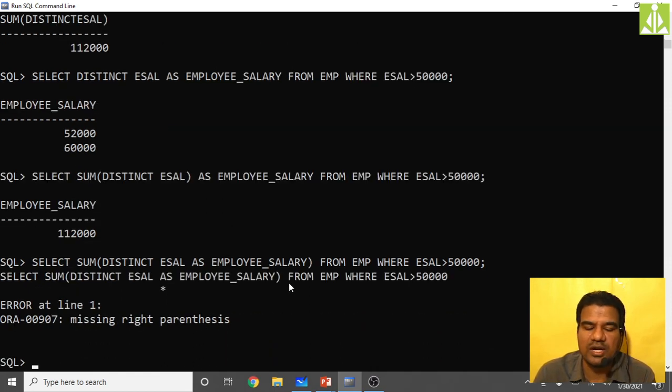Hit the enter key. Okay, it is giving error. So we can't use this AS within some command, you remember. Because it is giving a star over here, as you can see. Error at line 1, where error? This star. So by seeing this star, you have to remember that this AS can't be used as a sum. Internal to this sum function you can't use this AS. So that is the error you are getting.